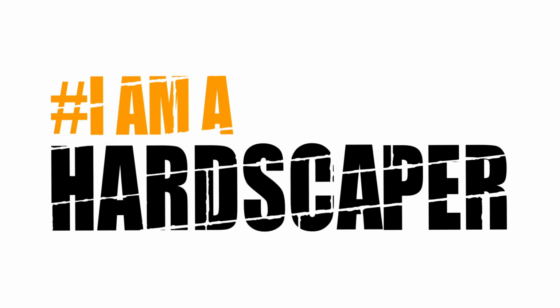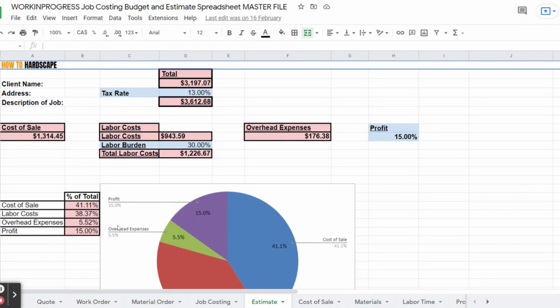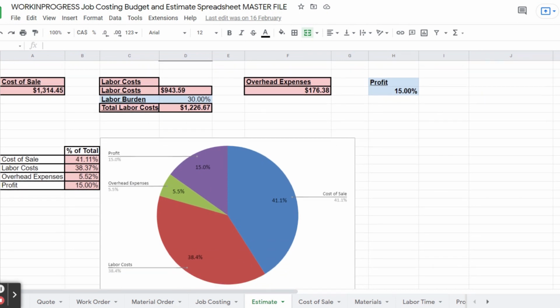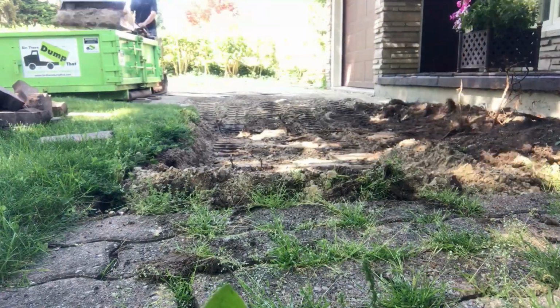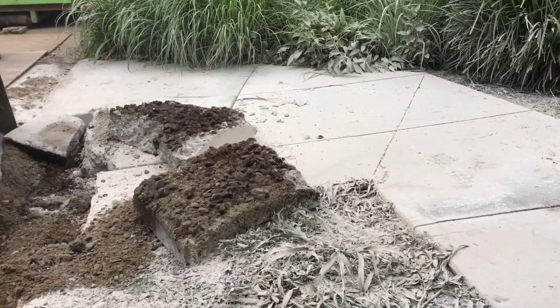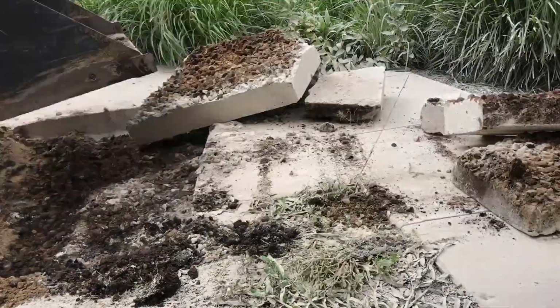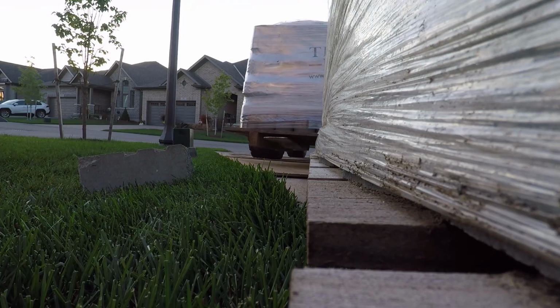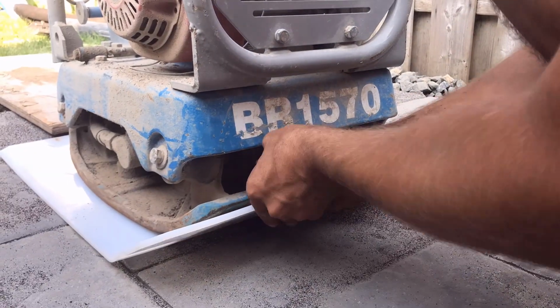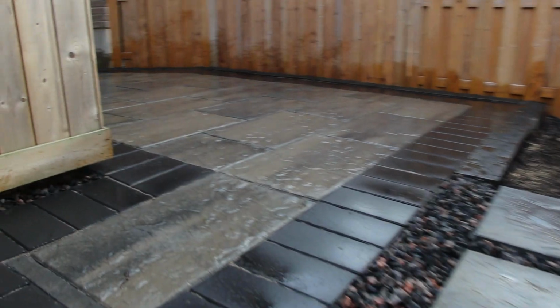All right, we talked about budgeting and making sure that we've applied all of our expenses in our business, in our budget, that we can then apply everything to. When it comes to estimating and quoting, we do not use a square footage price because every job is different. Every job, something different happens that affects the way in which we can continue with that project. It could be soil types, it could be soil conditions, it could be a missed delivery, it could be a machine went down, it could be somebody calls in sick, but whatever it is, every job is different.